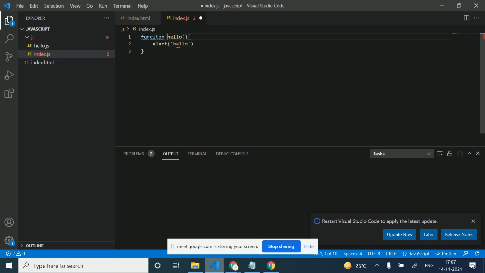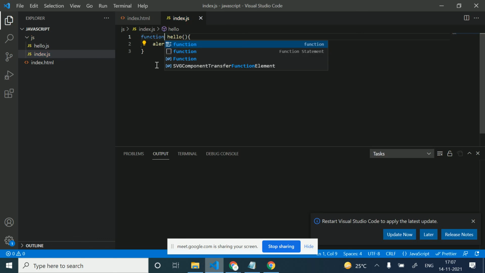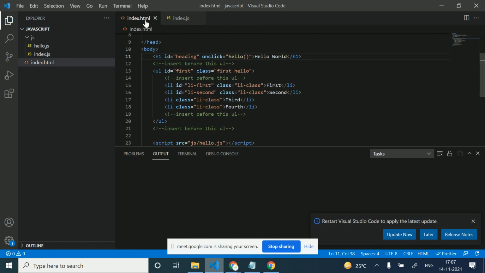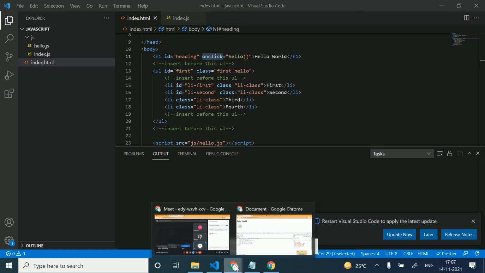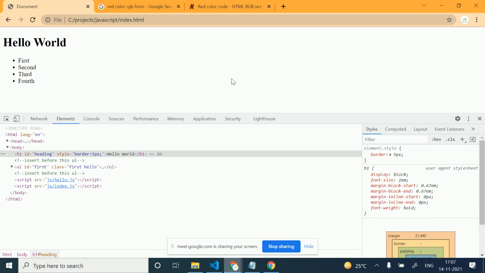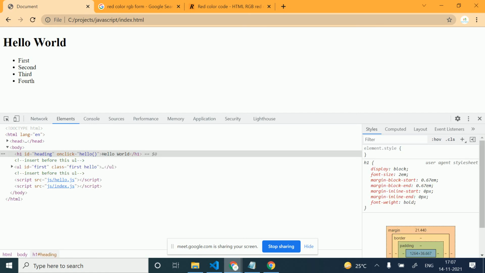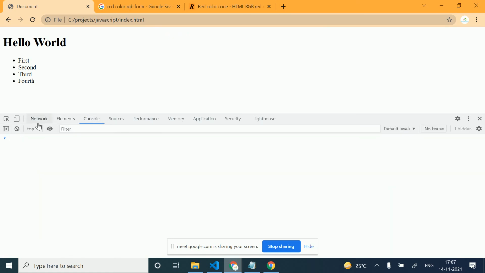Okay, alert. So we have an event here, on click. I have clicked, now hello. In this way we can call a function on the on click event. I have clicked on the hello world and this function is called.